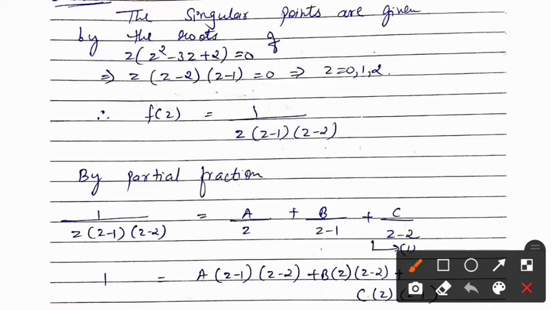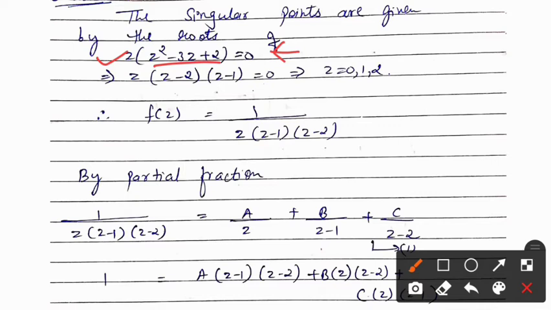See, the denominator portion you have to consider and you have to equate it equal to 0, right? Here our denominator portion was z into z square minus 3z plus 2. We will set this equal to 0, right? Then I have to find the value of z. See, now first I will teach you how to solve this portion, z square minus 3z plus 2.